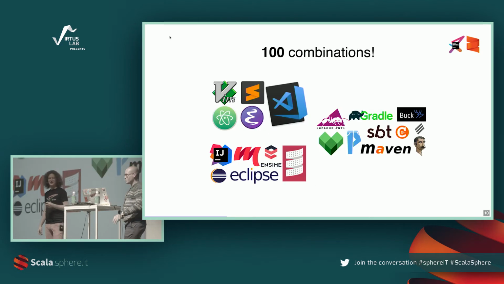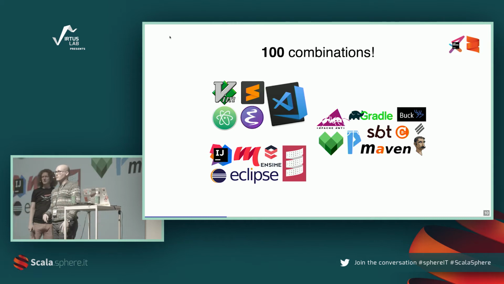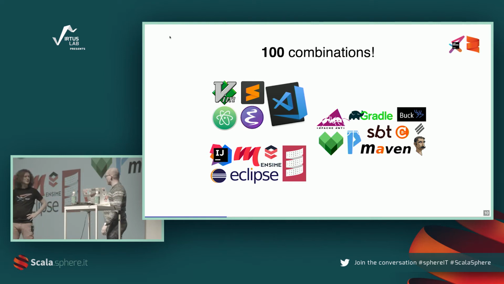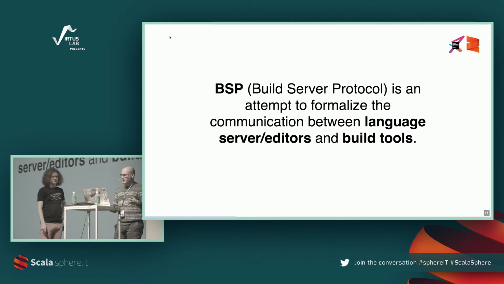There is so much work that only in these examples we've shown, there are 100 combinations. There are the editors plus the language servers, and they need to integrate with every build tool if they want to cover every possible use case. And this is only for the case in the present, but this may change in the future. These are lots of combinations to develop and to maintain, and to have very specific bugs for. Yeah. So BSP is an attempt, our personal attempt, to formalize the communication between the build tools and the language